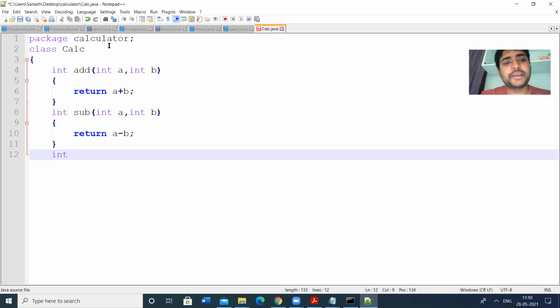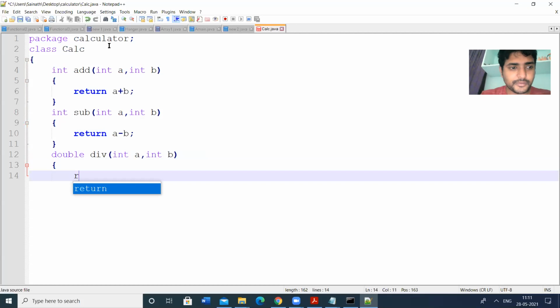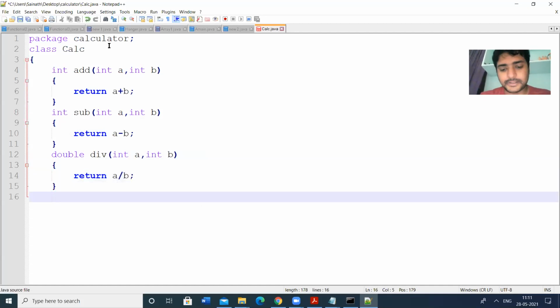Then I am creating another method, division, with int a, b. For division the result may be floating point values, so the return type may be double. I am performing return a by b. So this is the division method.